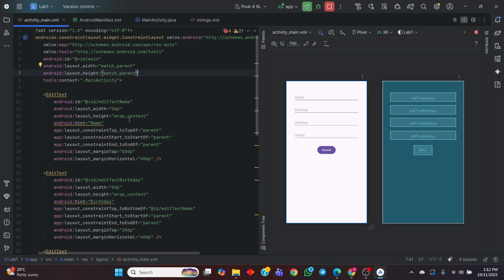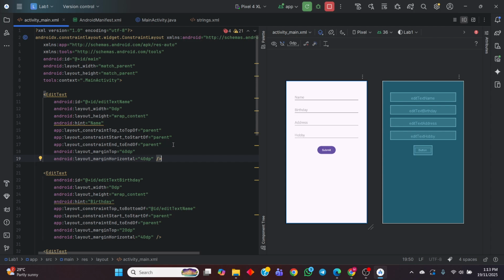Because I use constraint layout, each element in this layout must have an ID so that we can constrain the element with another element. For example, my first element, the edit text name, I put this ID, edit text name. First, we want to organize this at the top of the screen and also at the left of the screen.